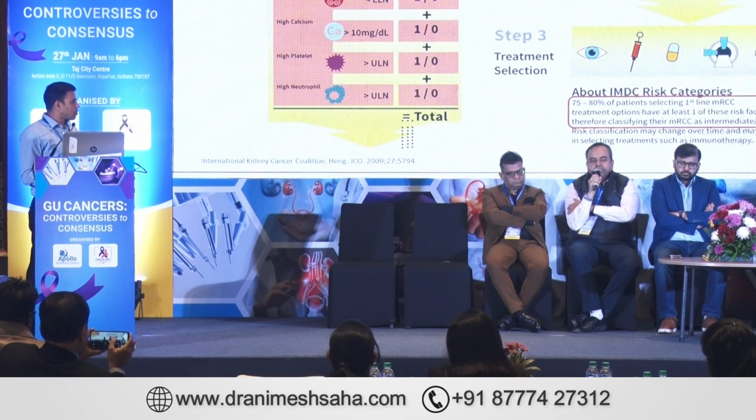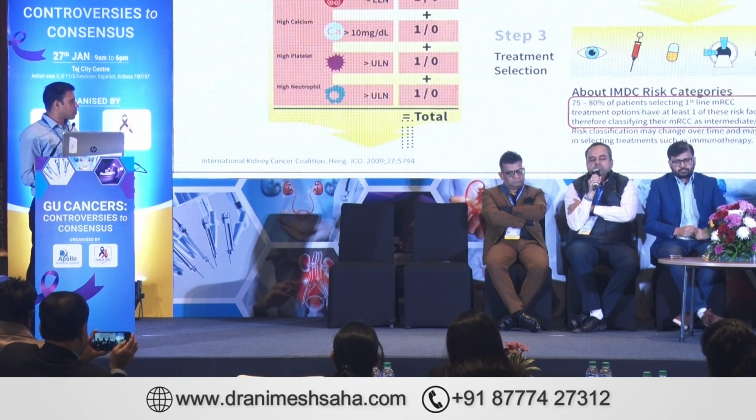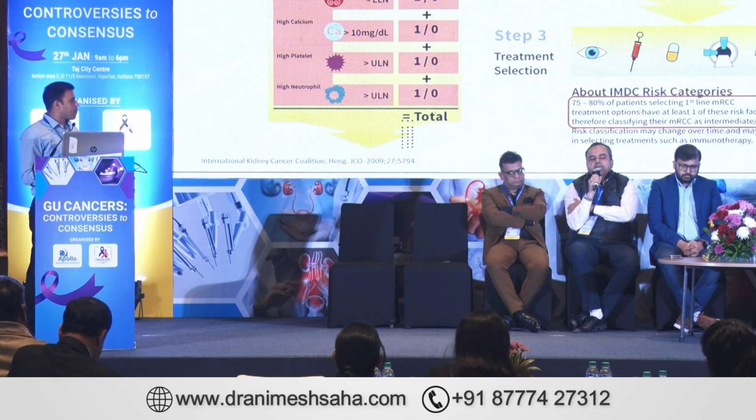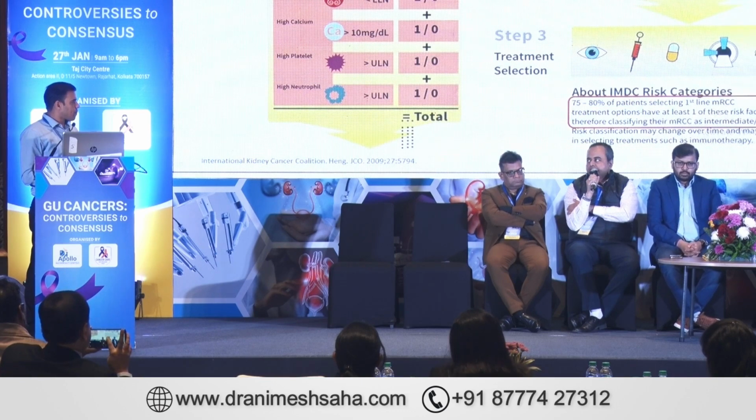And if you look at the calcium levels, you need an albumin correction also. A lot of patients will be poorly fed and cachectic, with different albumin levels, and you may not get the exact value of calcium. So if you see these kinds of patients on and off, you will realize that there are certain patients who, as a clinician, you can judge are actually poor risk. And of course the parameters are there. Most of the patients will not get a surgery done initially, so 1 point is always there most of the time.